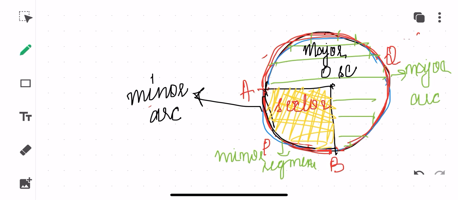Okay. Because what is the definition of sector, children? Sector is an area which is bound by an arc and two radii. So here you can see this is also an arc and these are also two radii. So this is also a sector. So that is called major sector, and this is called what? This is called minor sector. And again you have to remember this thing, children, that unless and until specified, you will be taking any given sector as minor sector. Okay, so this is the thing.